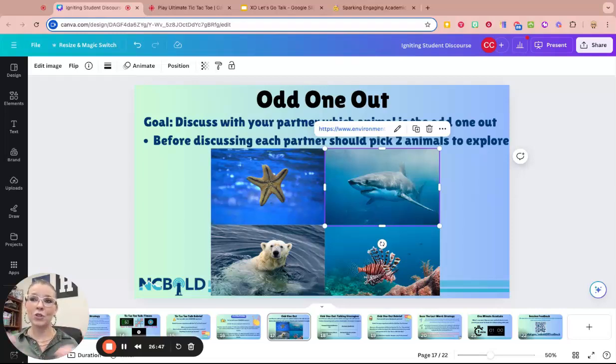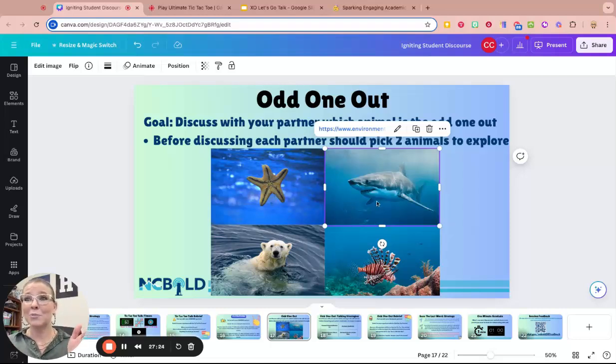And so it's actually better to do this activity with something where there's not an obvious answer, because that's what's going to get your kids talking more. If there's not an obvious right or wrong answer, then they keep pondering and wondering which one is the odd one out. So even if you're not trying to compare and contrast something, just throw 3 vocabulary words or images or keywords or topics or ideas. Throw 4 of them together and just let the kids marinate on it. They'll come up with some crazy ideas of which one is the odd one out.